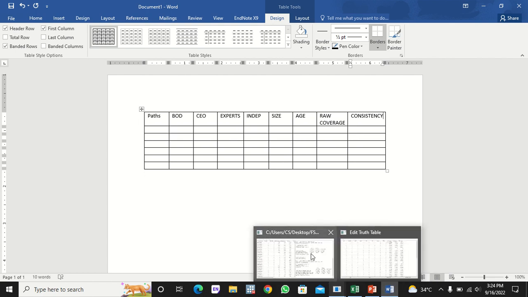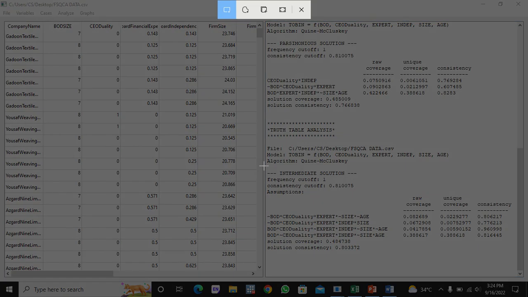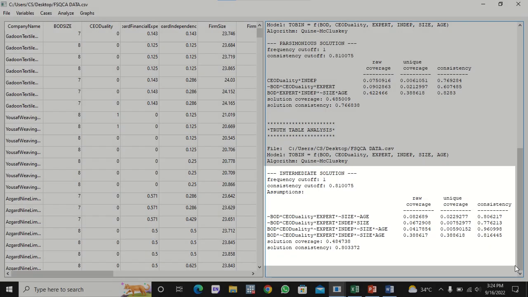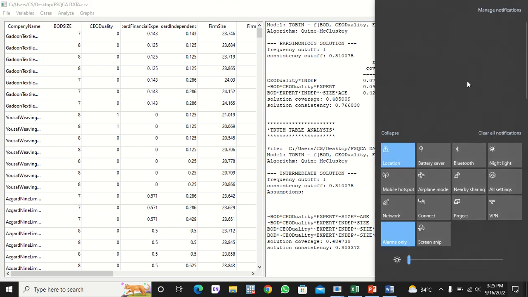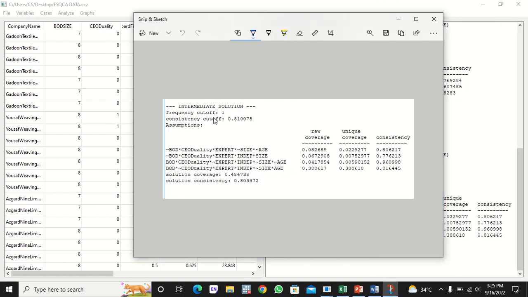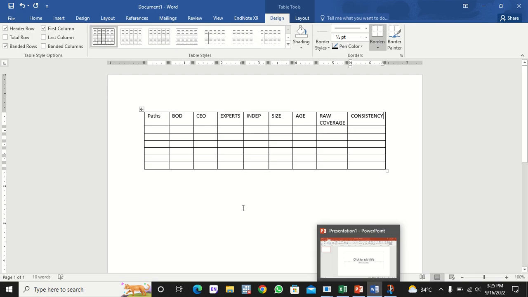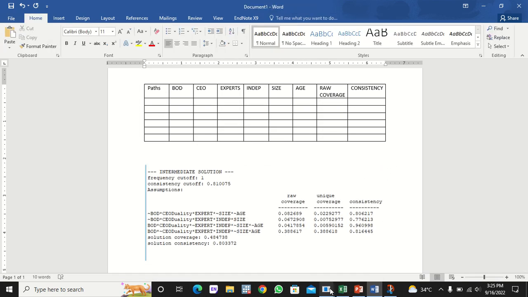For better analysis, I am taking a screenshot of it and pasting it in our Word file so that you can have a comparison of the results. Right? So I will